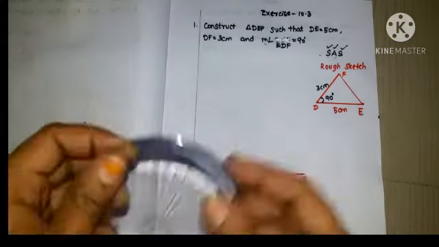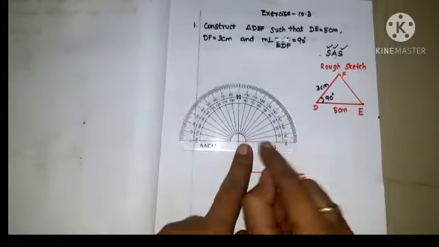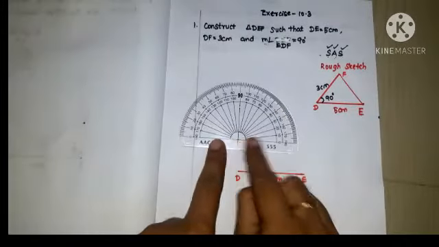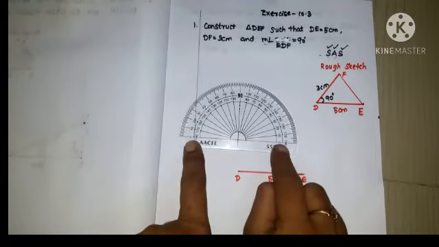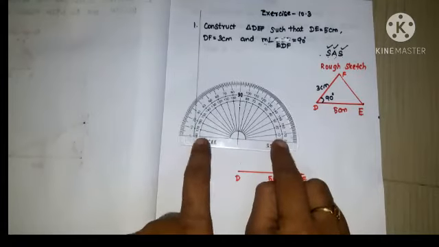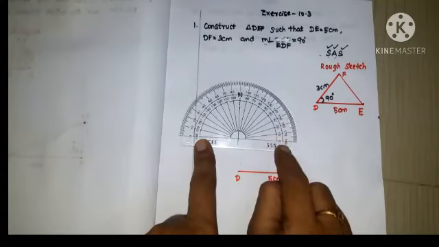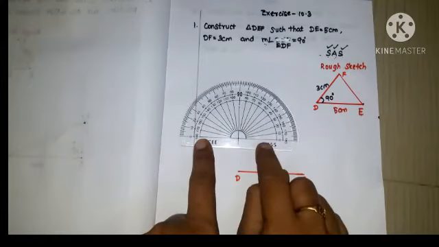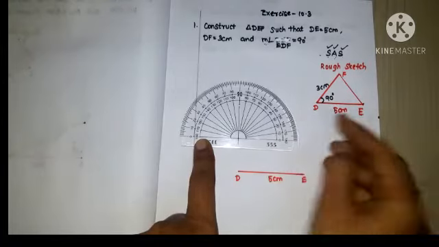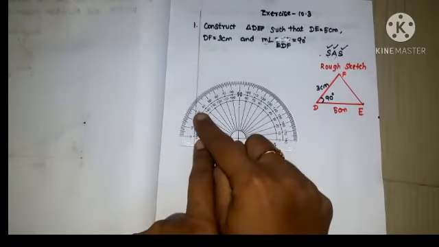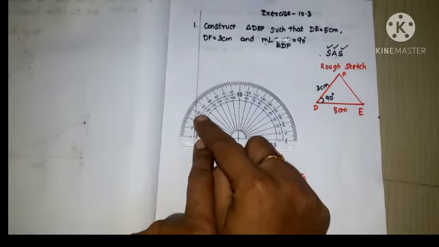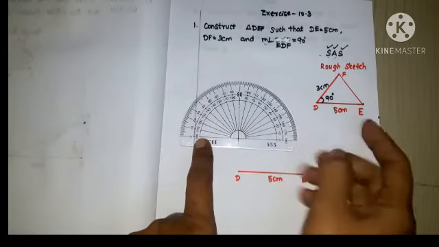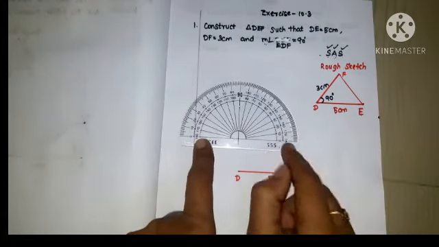Okay, so in the protractor also, can you see the protractor? In the protractor also you are having two sides, the left side 0 and the right side 0. On either side you are having zeros. So normally we will get confused about where we have to start, from which 0. Suppose if I am asking for 30 degrees, here also it is 30 degrees and here also it is 30 degrees. So you will get confused about which 30 we have to mark. So I will give you a hint.